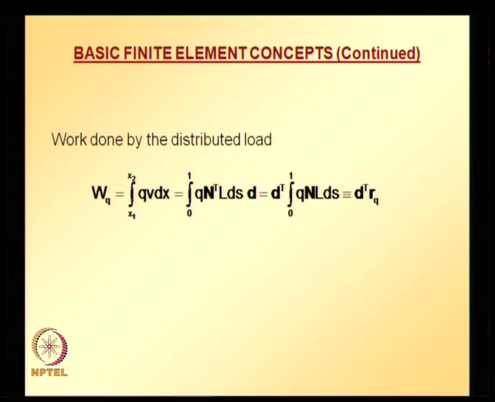So W_Q is equal to integral x1 to x2 q v dx. Changing the limits of integration, x1 is replaced with 0 and x2 is replaced with 1, dx is replaced with L ds, and v is substituted in terms of shape functions, N transpose d. Noting that d is independent of s, it is taken out of the integral, and the entire thing W_Q is compactly written as